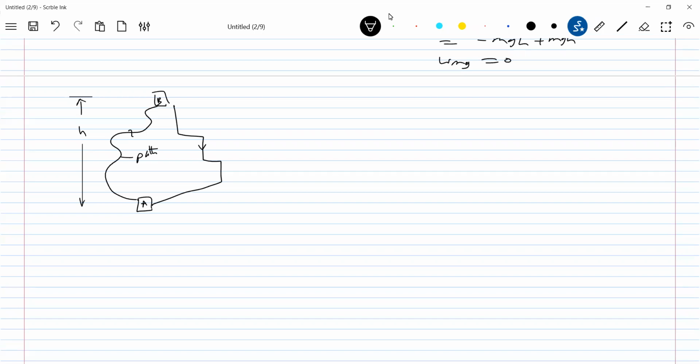Are you seeing a closed path? Yes, it is. There's a mathematical way: work done from A to B, then B to A, will be zero. Or if I move along some curved path, then also it will be zero. So what can we conclude here? This is one classic example of the work done by the weight.